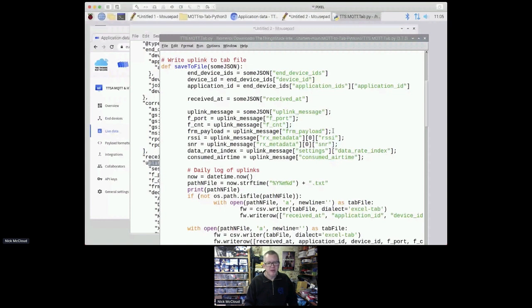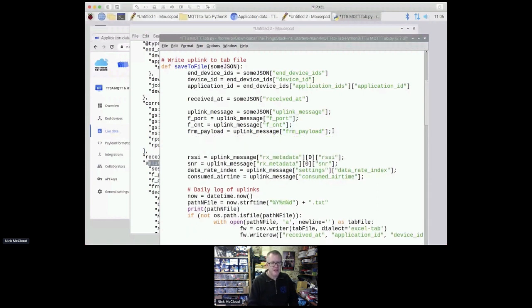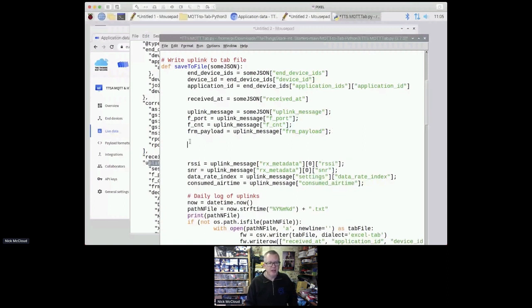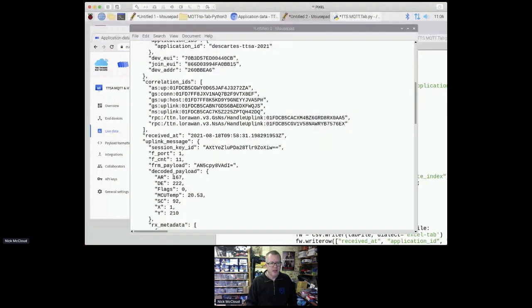Now, there are some wrinkles in this that we need to track for, because if we don't have a payload formatter, Python is going to unceremoniously choke on the information inside. But because we have an uplink message, we can then target decoded payloads. So I'm just going to copy and paste, and I'm going to call that decoded payload, because that's what it is, and that's inside uplink message, so that's all good. So I now have